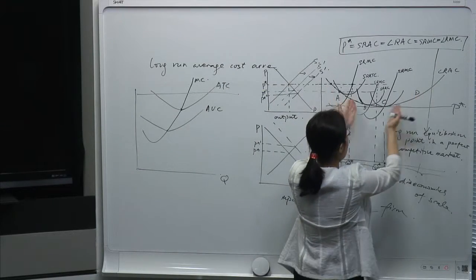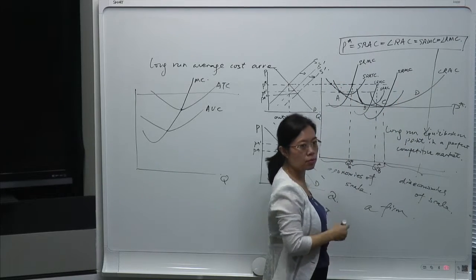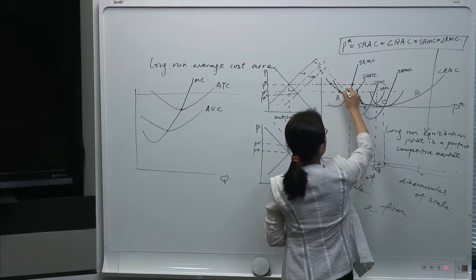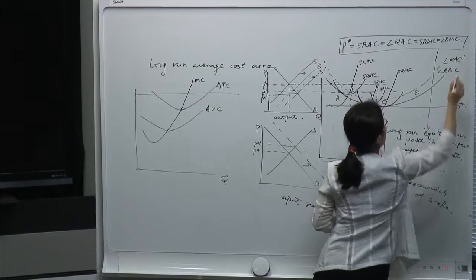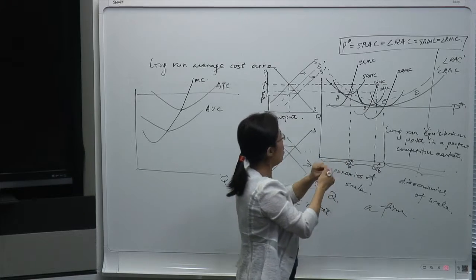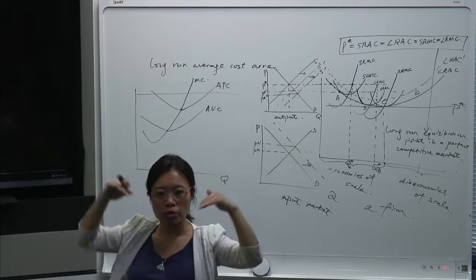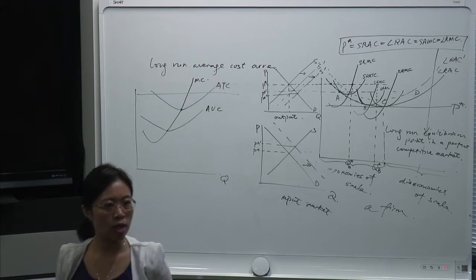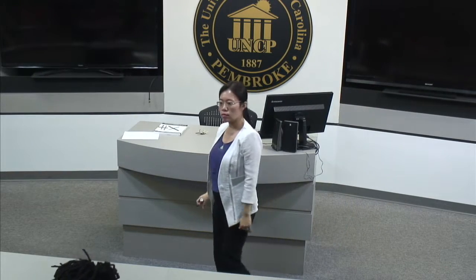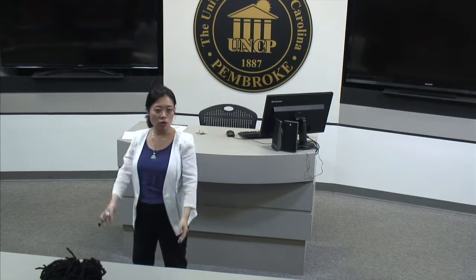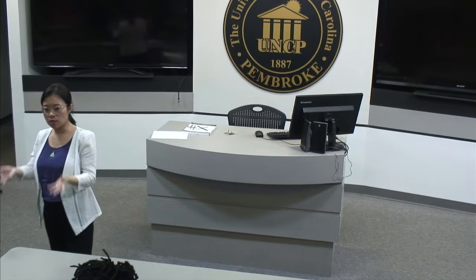So your long run average cost curve, the whole thing is going to shift up. If the long run average cost curve shifts up, all those little short run average cost curves are going to shift up as well, right? So that will make the profit even smaller for the firm. That will make the equilibrium convergence even faster.